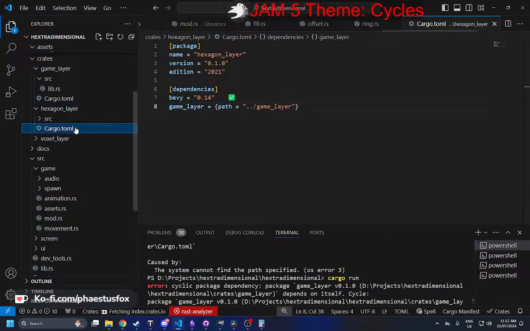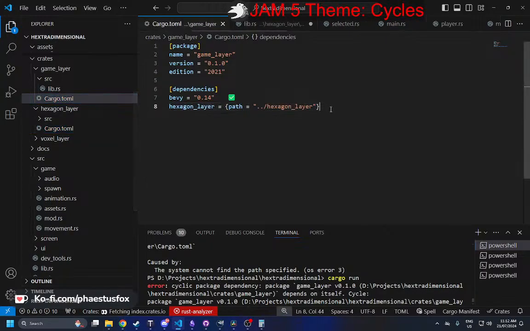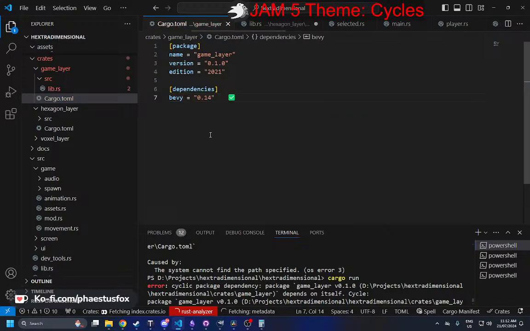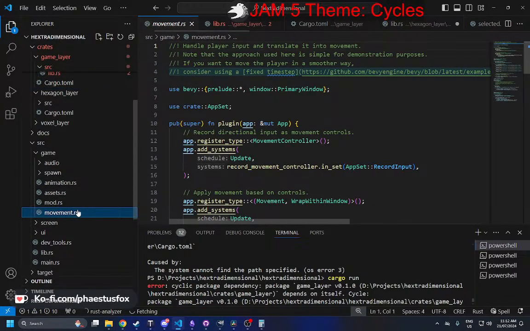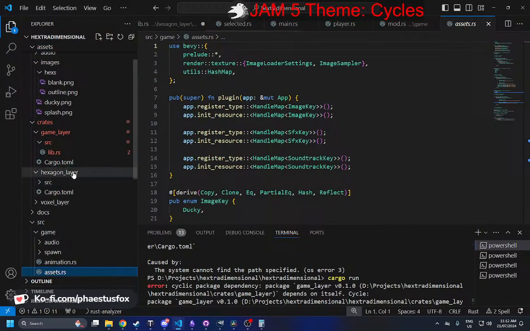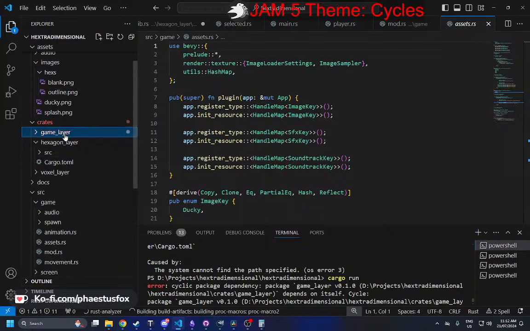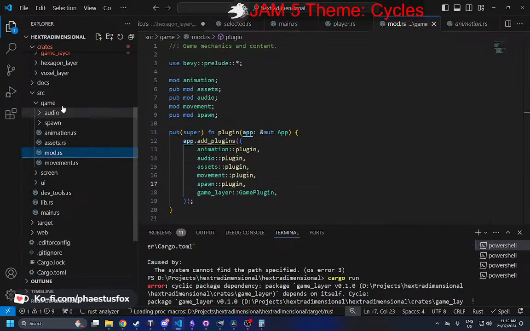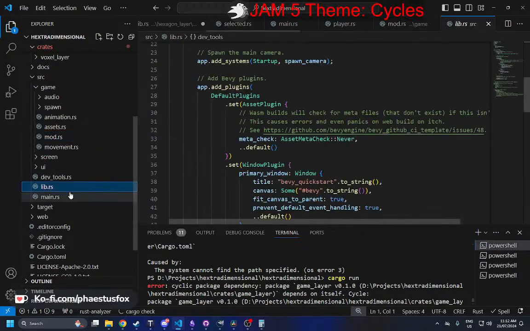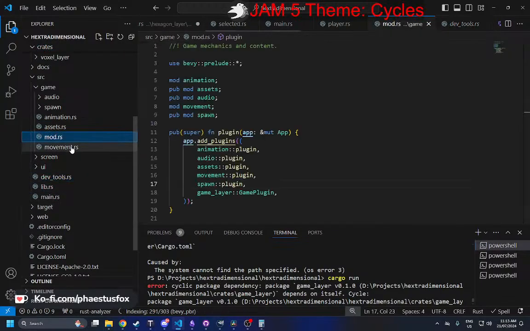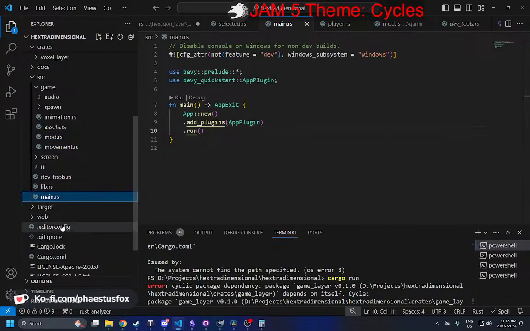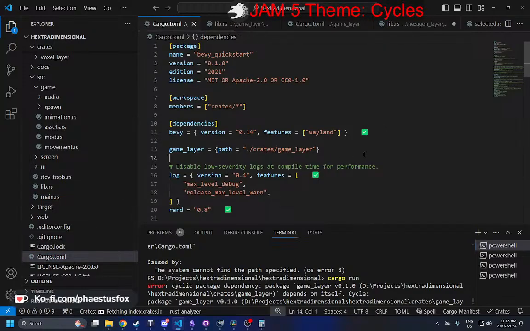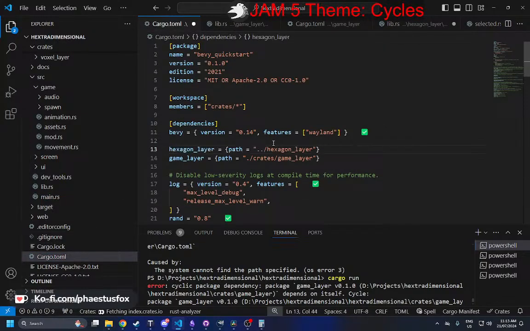Alright. So you need to be able to see up into the game layer, which means that we can't be doing it like this because it causes a cycle. Alright, well, it kind of makes sense because this is less game layer, more core layer. So it's where things that get shared between them go. So we need to go back to your toml. We need to go this, and then it's